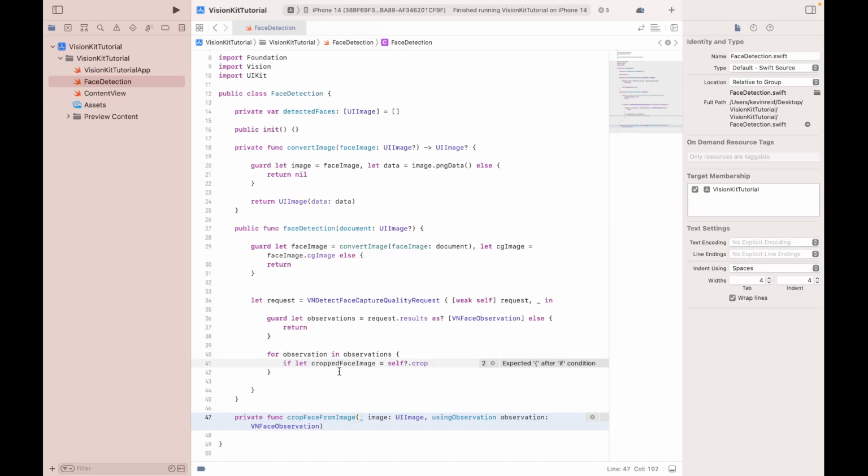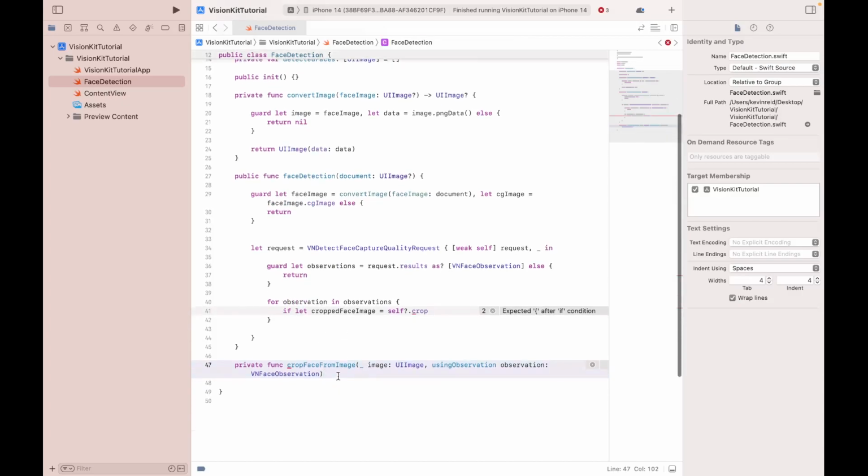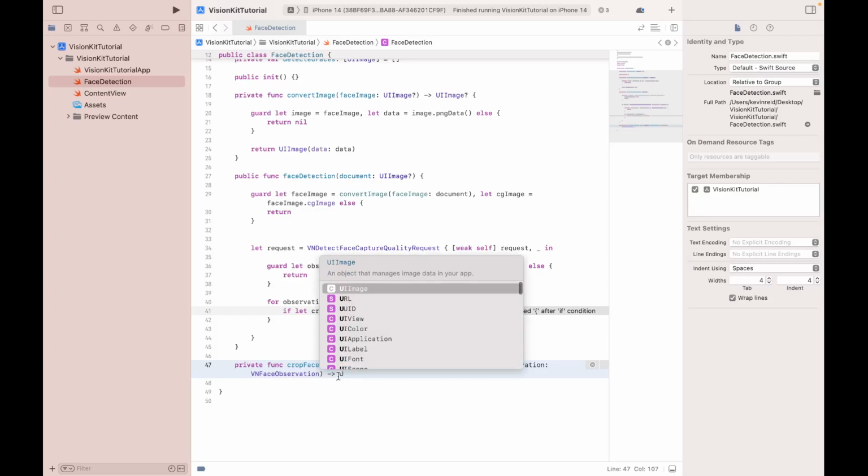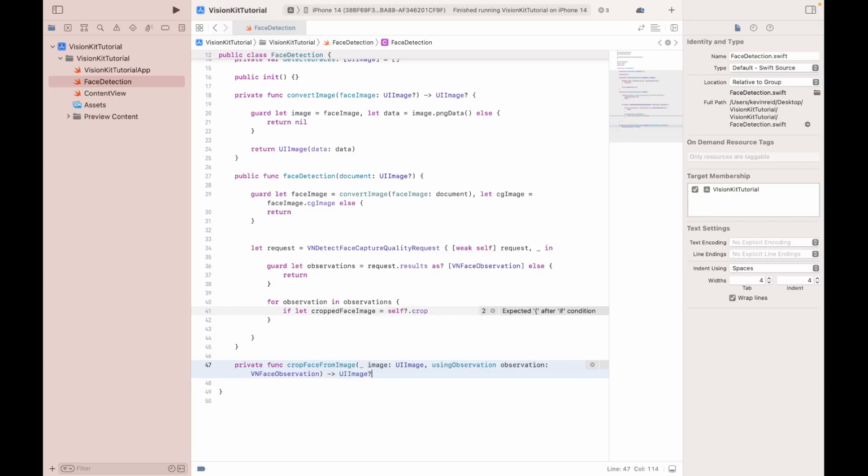And this function will return the cropped image as a UIImage. It can also return nil, so we need to use an optional there as a question mark. And then on line 52, just type in return nil,